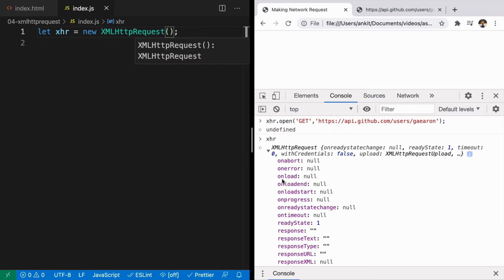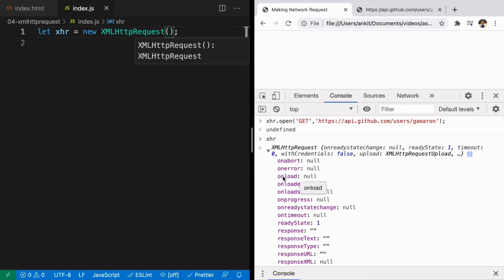As soon as it is done loading the data, it has to call some function, because the data loading is going to happen in the future. So these are some of the callbacks that you can give it. You're saying go ahead, fetch some data, and once onload is done, meaning the loading of data is done, call this function.